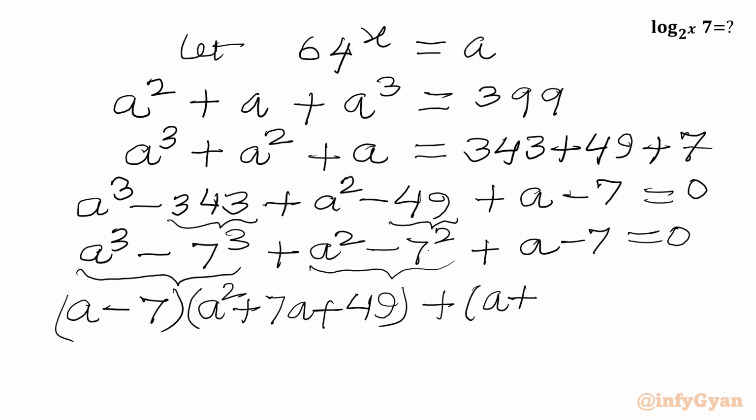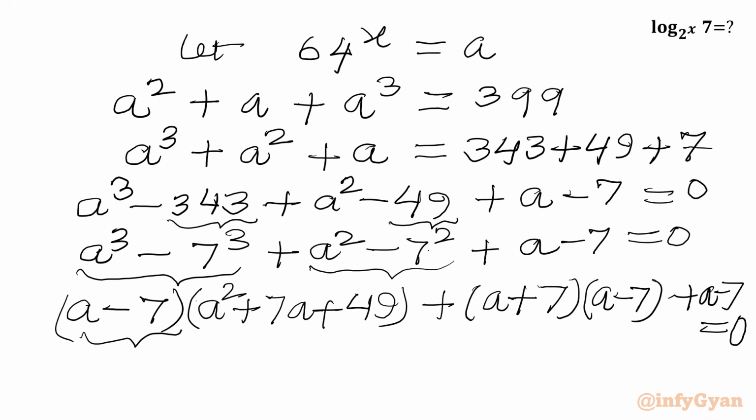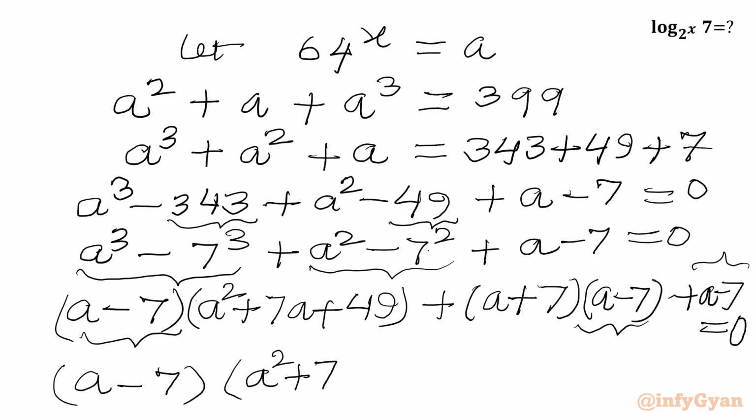So a plus 7 times a minus 7. Then we have a minus 7 equal to 0. Now a minus 7 is overall common. So we will write here a minus 7. In other bracket, there would be a square plus 7a plus 49 plus a